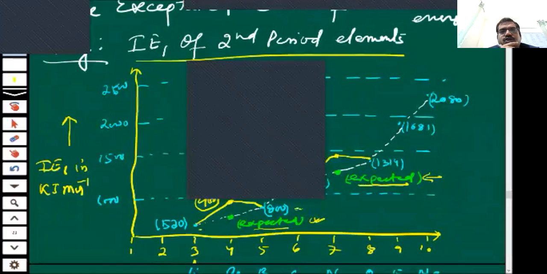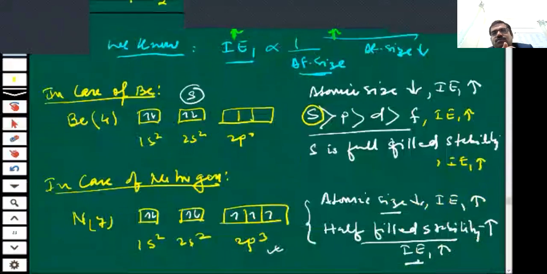Yes, the answer is 2. One is beryllium and another one is nitrogen. Okay, right. Now, children, we will discuss